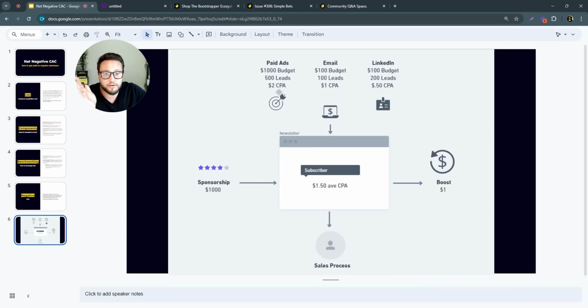Right, $2 cost per acquisition, $2 per lead. So that's my paid ad strategy. And the thing about paid ads is paid ads does scale, but eventually the costs start to rise as well, because you're using segmenting, and over time you're saturating your segment and it becomes more expensive to target the right person. So typically paid does rise over time, but it's fairly scalable. It's a function of budget, right?